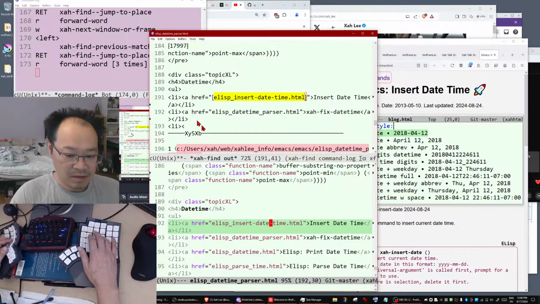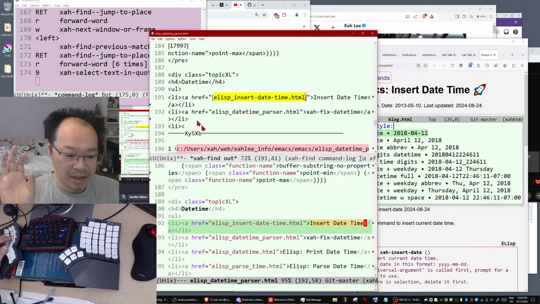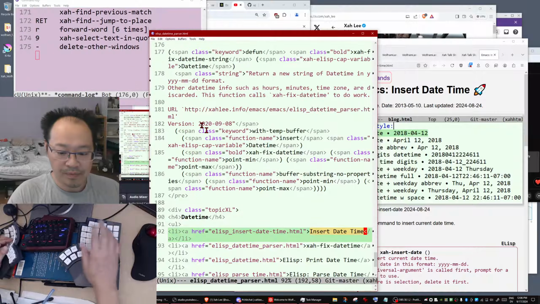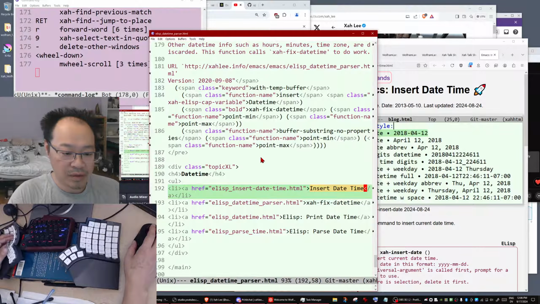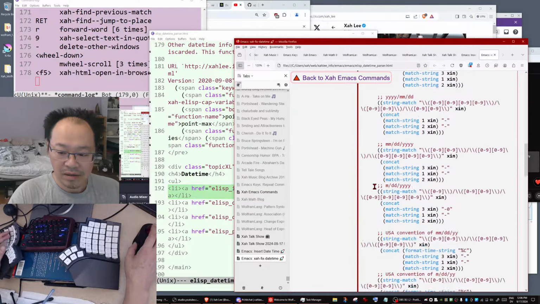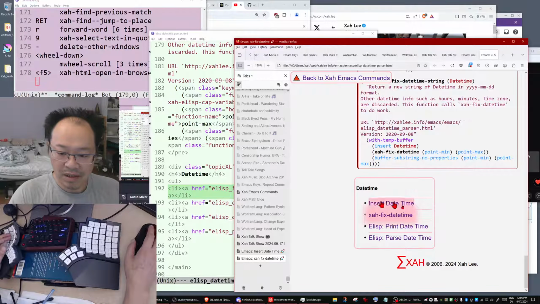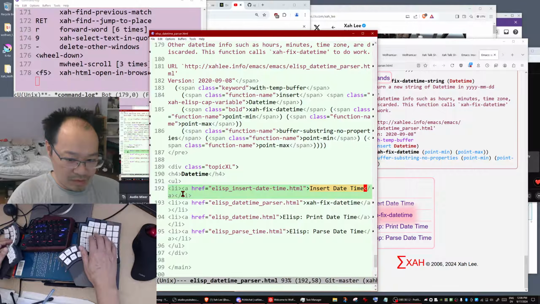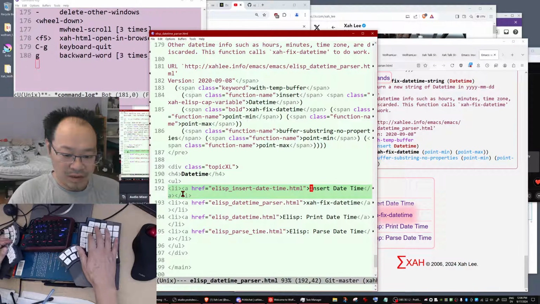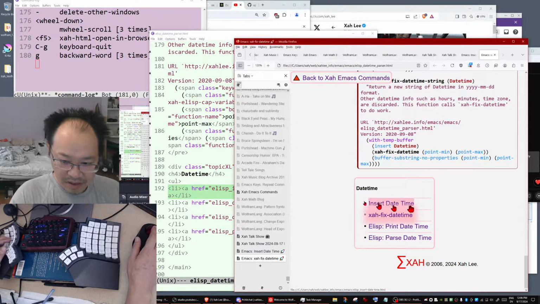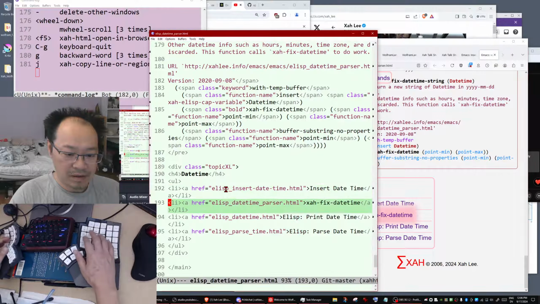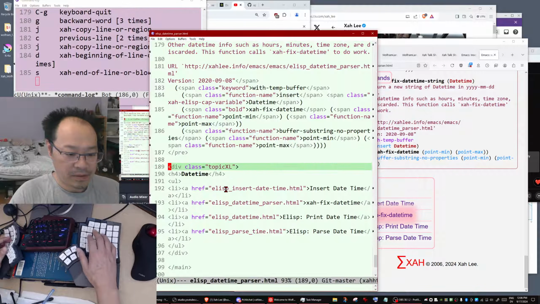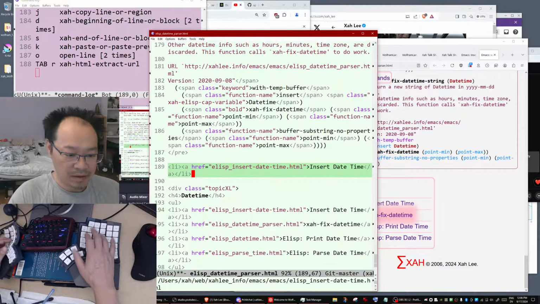So for example, here, insert datetime needs to be insert datetime stamp. Actually we need to change here. So you see, I need to redo. Okay, so you see over here the link is insert datetime, but the file name, let's do that.